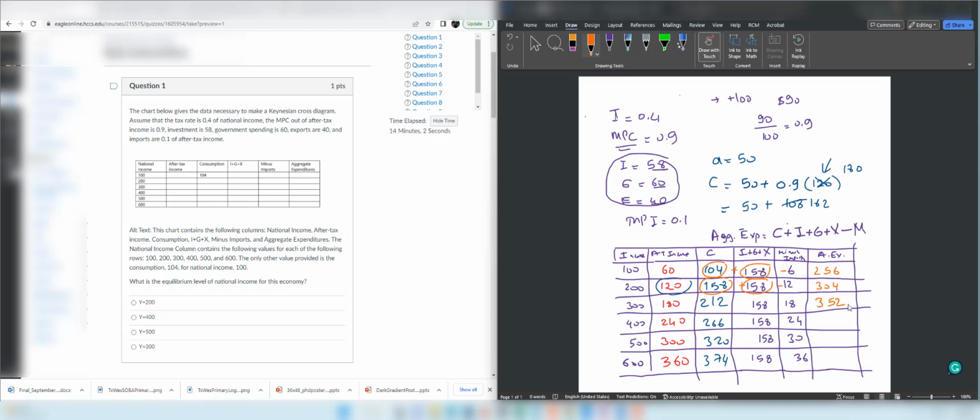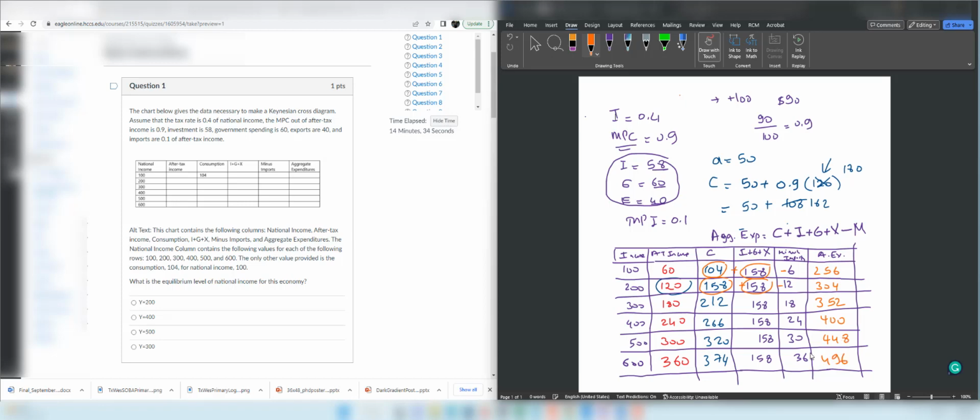Next one, 266 plus 158 minus 24, which is 400. And I have two more left. 320 plus 158 minus 30, which is 448. And the last one is 374 plus 158 minus 36,